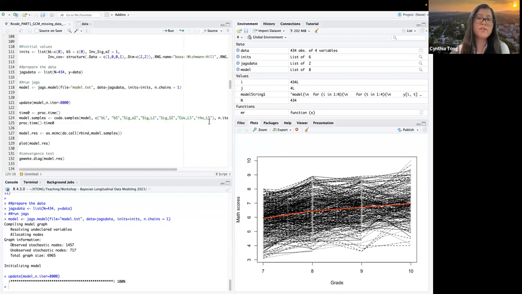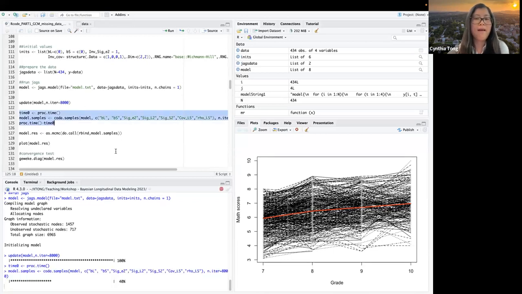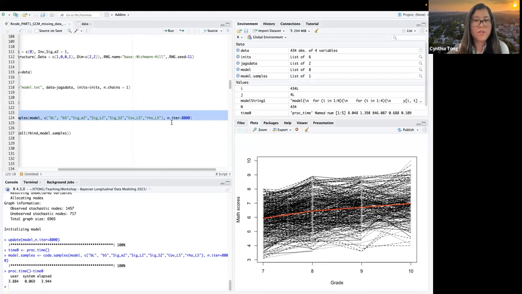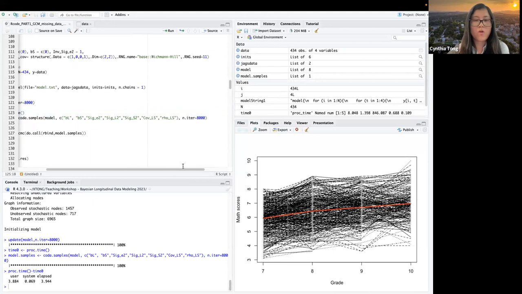And this way, the good part of listing all the parameters is that when you see your results later, like in a few seconds, you actually know which parameter is which, okay? Because you have the name of it. And again, we set the number of iterations to be 8,000. So we'll save all the 8,000 iterations.